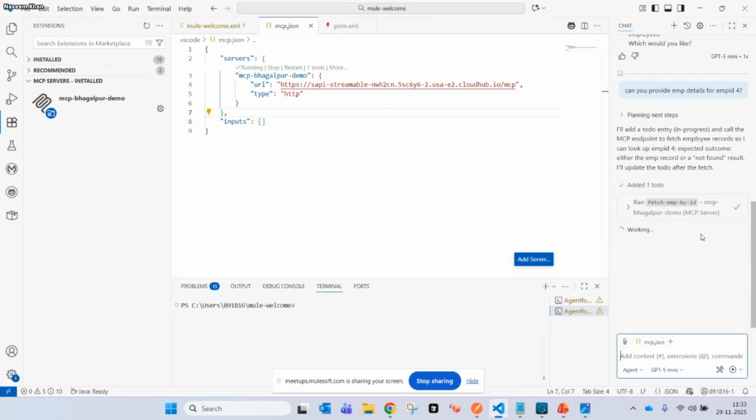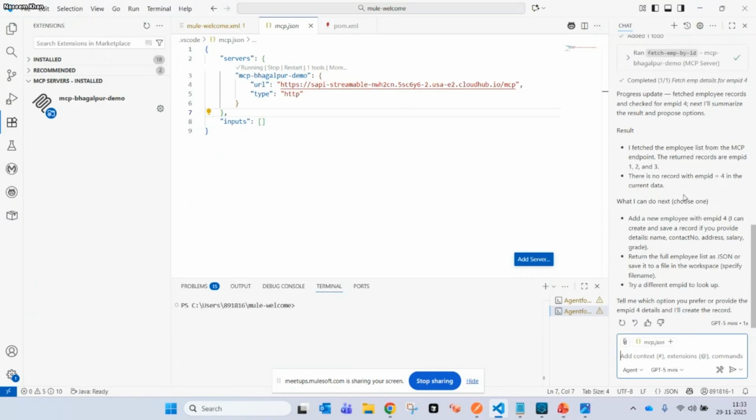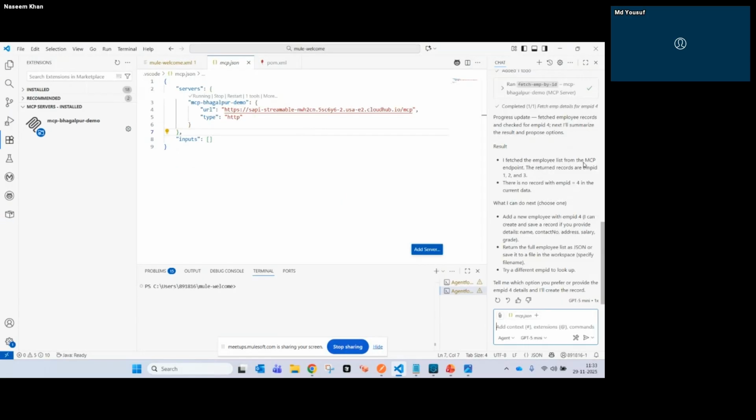It's retrieving. See, you can say here the expected outcome is either the mapped employee record or a not found result. So I fetched the employee list from the MCP endpoints. The returned records are employee ID 1, 2, and 3. So there is no record with employee ID 4. So this is how